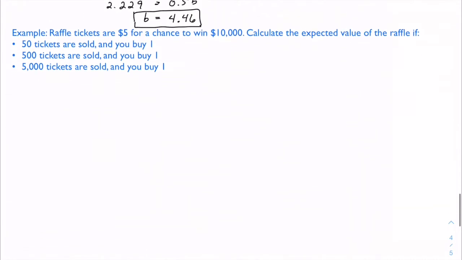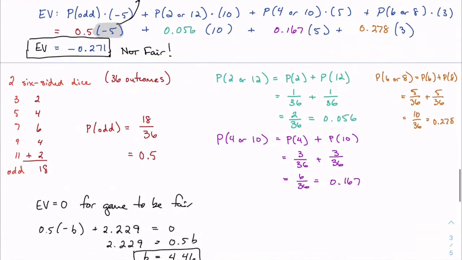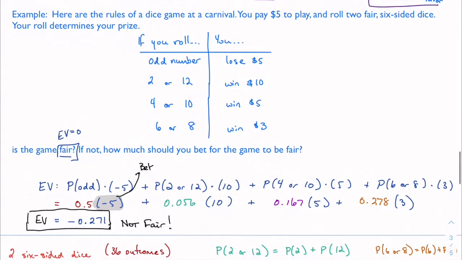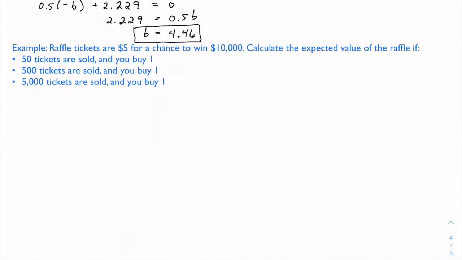One last problem I want to consider. Raffles are particularly notorious for having really messed up expected values, because we don't know how many total trials there are going to be until the raffle is over. And by then it's too late. You don't know right away your odds of winning like you did in the carnival game. If I saw this carnival game, I could take a picture of the sign, go off and do some work on my own, and say, oh, this is rigged in their favor, because the probabilities are fixed. Whereas here, the probability is not fixed. It all depends on how many people play. So you're going to pay $5 for a chance to win $10,000, which is incredible.